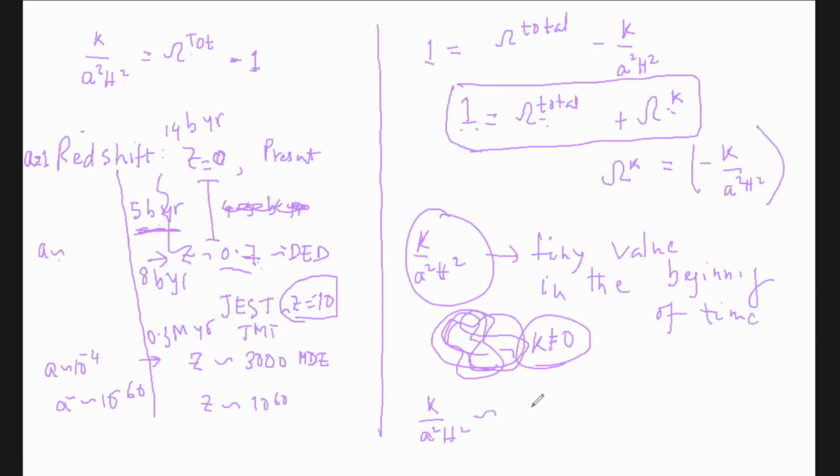Now, can you tell me, in the radiation-dominated era, because the universe entered a radiation-dominated era, how this quantity omega k, with the mod value, is a function of the scale factor a? Can you take pen and paper and do it now? I have already told you what k by a square H square is. You just need to put H square of radiation and then tell me the form of how omega k goes in the radiation dominated era.